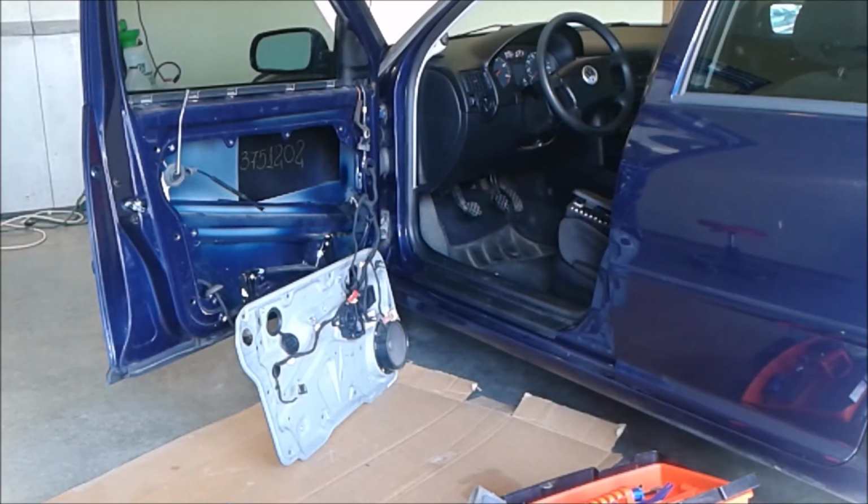Well, greetings viewers. What we have today is a 2002 Golf that I recently picked up. This is a Mark IV or MK4, as the people in the know will call it, which is true. They're completely right. They will also say there's a reason why your door is all taken apart, and yes, that